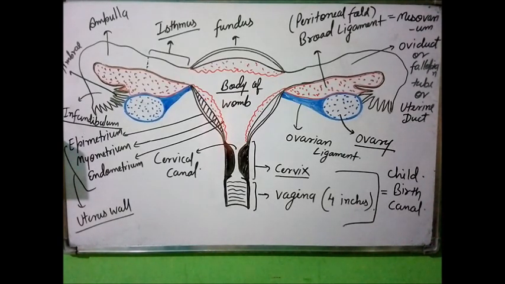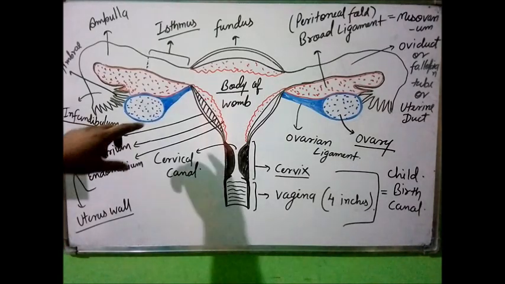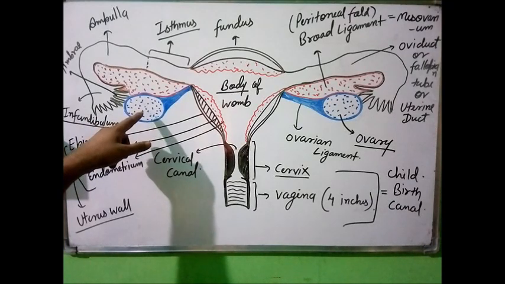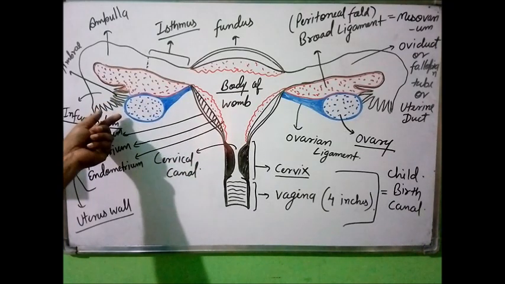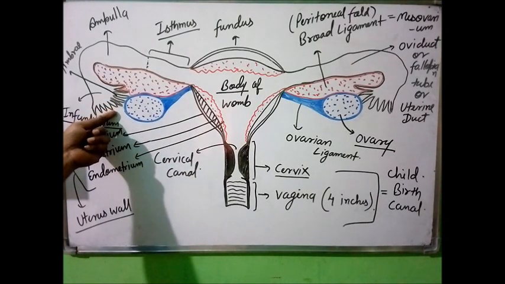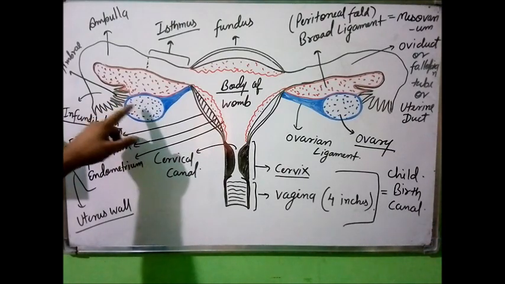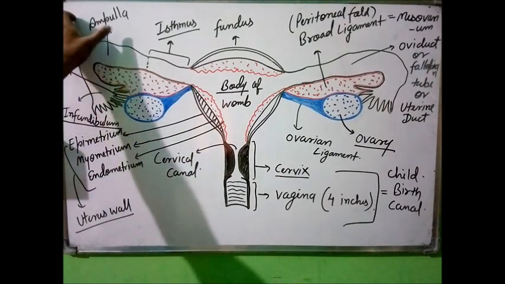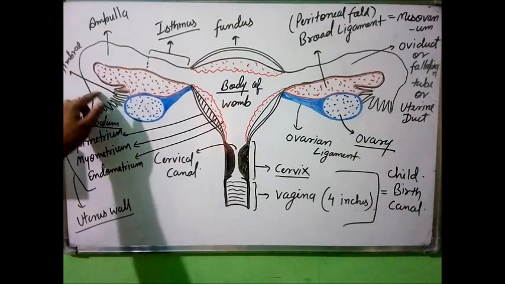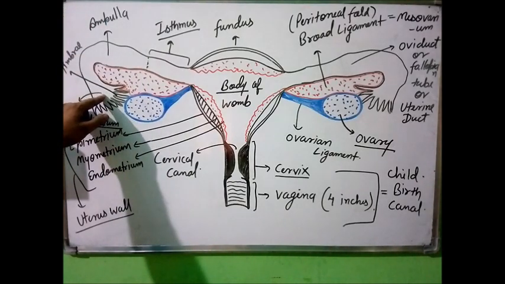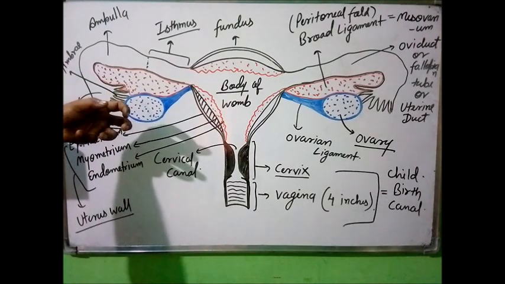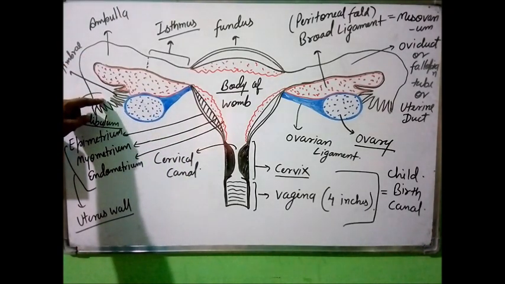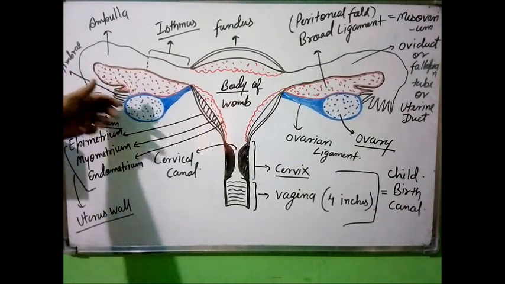These fimbriae are responsible to receive the egg. When the egg is going to come out from the ovary at the time of ovulation, then these eggs are received by these fimbriae. Why is the egg going here, why not here and here? Because I have already told you that this ampulla part is generating a kind of suction pressure or vacuum pressure. So this suction pressure is actually pulling the egg toward itself,